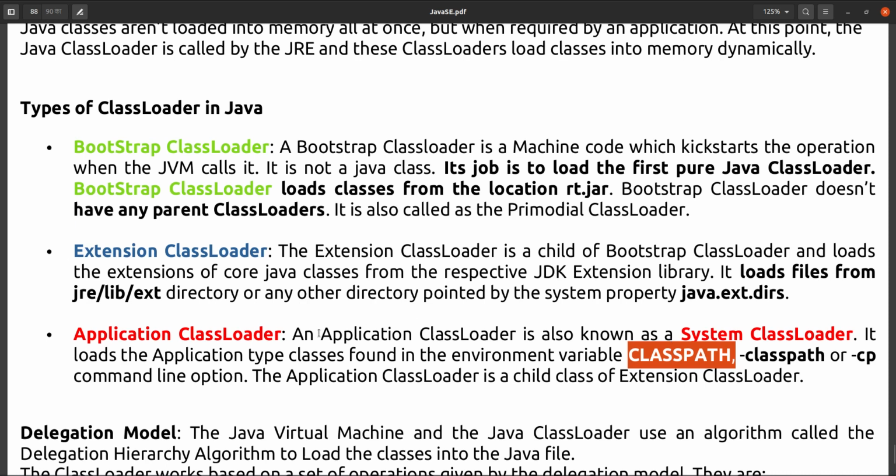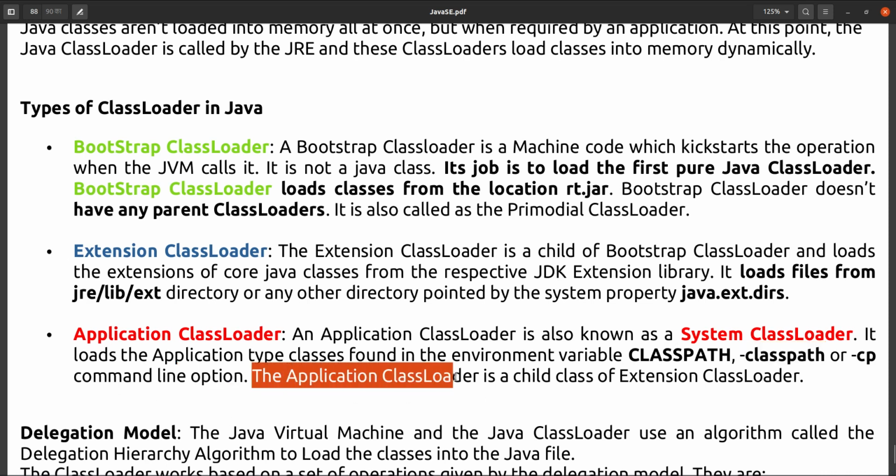So the application class loader will load the files from your application environment, and the application environment is defined as classpath, or CP also. CP stands for class path only. Using this word you can indicate the class path, as a command line option.